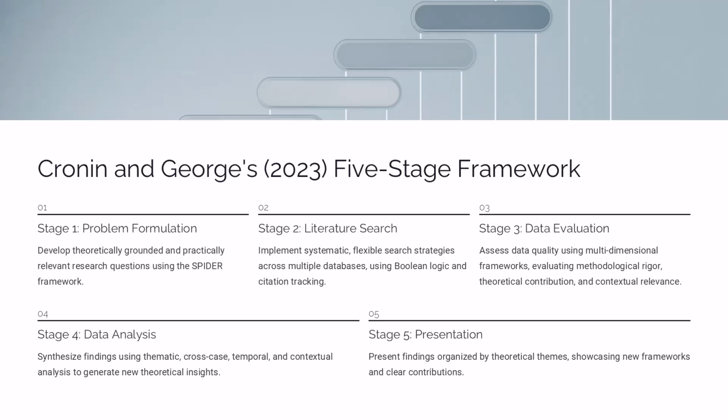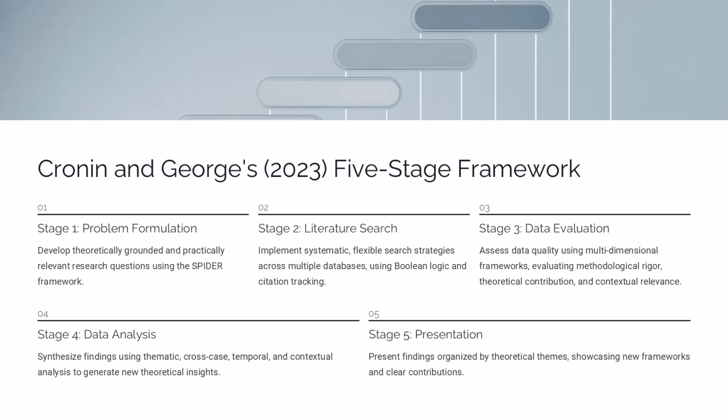kinds of insights. Stage 4, data analysis, represents the heart of integrative review methodology: the systematic synthesis of findings across studies to generate new theoretical insights. This involves thematic analysis processes that move from initial coding through theme development to theoretical integration. Advanced synthesis techniques include cross-case pattern analysis, temporal analysis, and contextual analysis that identify relationships and patterns that individual studies